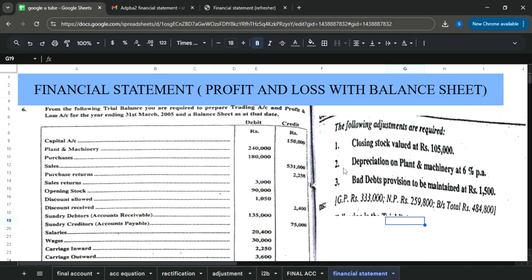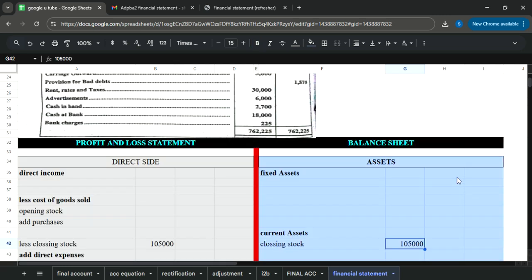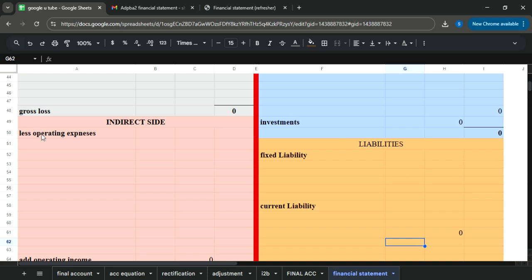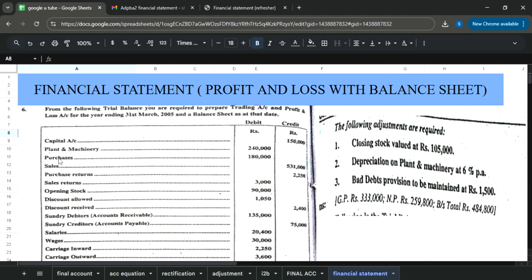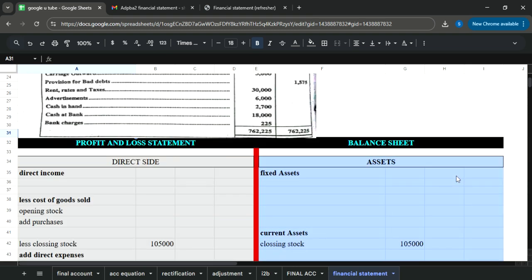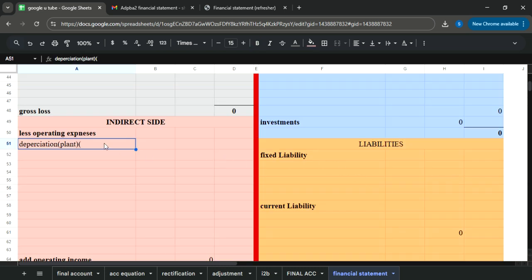Now second, depreciation on plant 6%. Depreciation is part of operating expenses. You will come over here and first you will calculate depreciation. Since this depreciation is related to plant, look, in the adjustment it has been written plant and machinery. The amount of plant is 240,000 and 6%. So here you will calculate